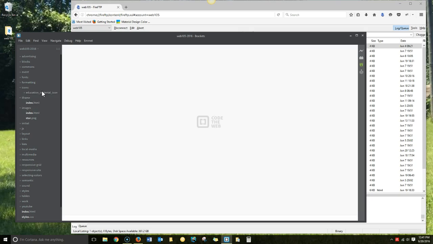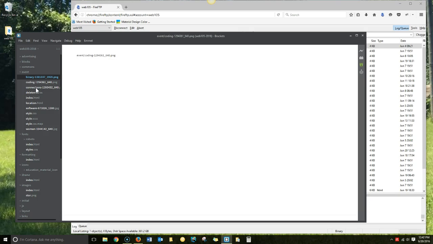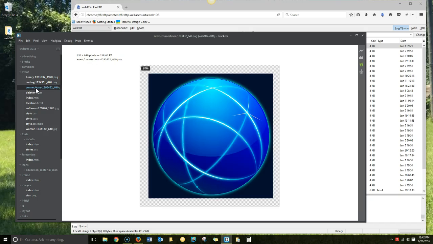In some of these, that's all you'll have is index.html. Some you'll end up with index and styles and possibly some other folders. Some will end up with a bunch of different folders and a bunch of different files, CSS, images. You can even see your images in here. This is from my event site. So folders are sometimes absolutely necessary just for organizing your material, and in some of them, like our formatting page,